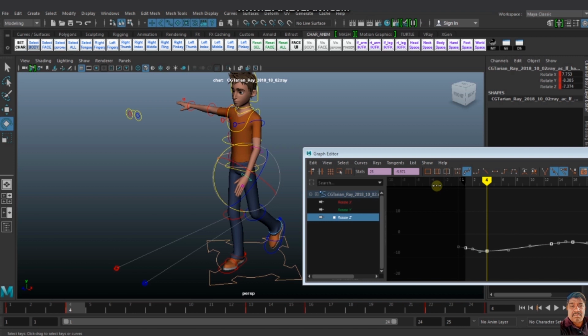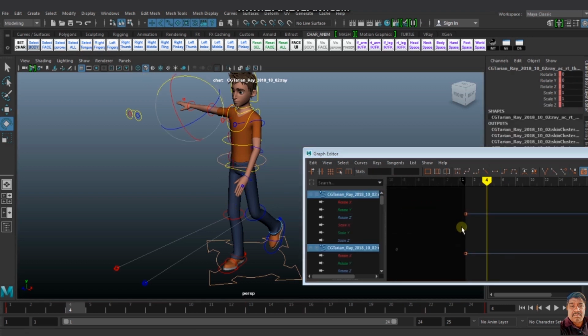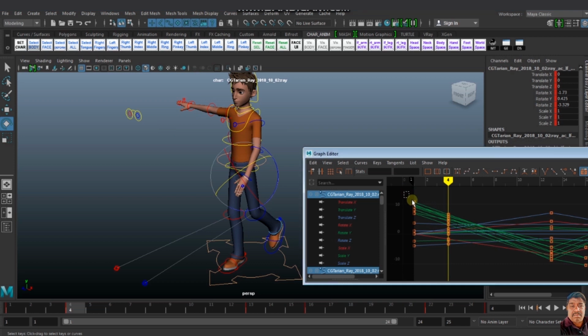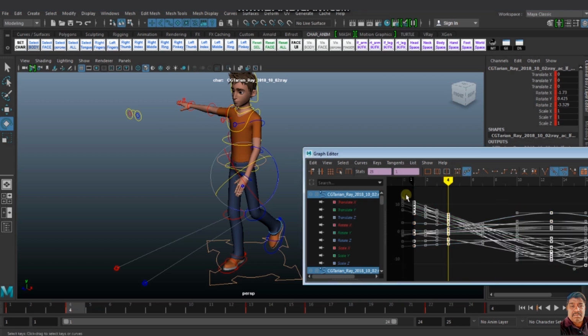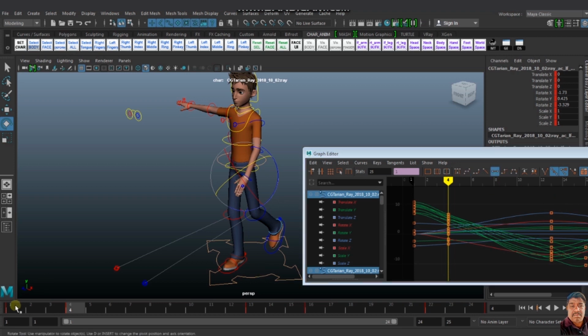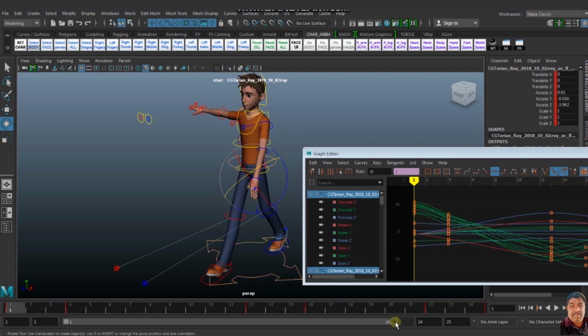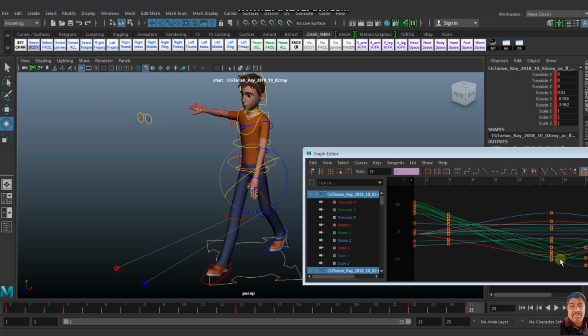My preference is that all the tangents I made are linear, so I have to change the linear to my tangent as per my requirement. Now I select all the fingers, the left fingers, and I make the graph linear to tangent. Then I have to scale down my graph, because it is too flexible. I have to make it a little bit rigid.